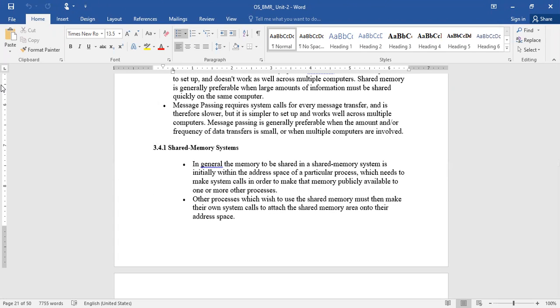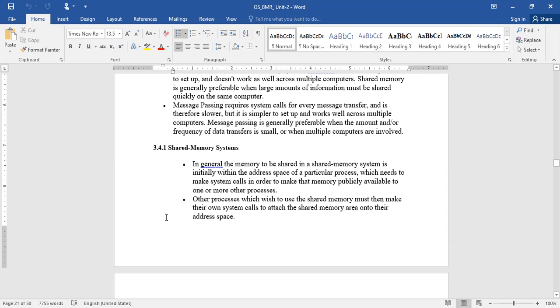Now, have a look at the shared memory system, what happens right from the beginning to the end. In general, what is shared in a shared memory system is not the data, only the memory address.